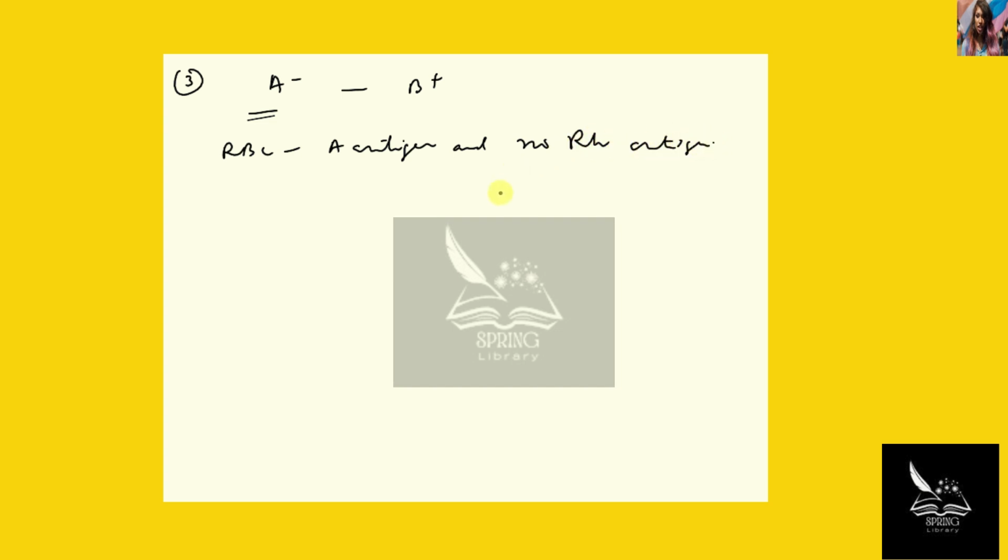He accidentally receives blood from a B positive donor, which means that the donor's blood cells have the B antigen as well as the Rh antigen. So Mr. Jones' immune system recognizes these foreign antigens as non-self and produces antibodies against these antigens,